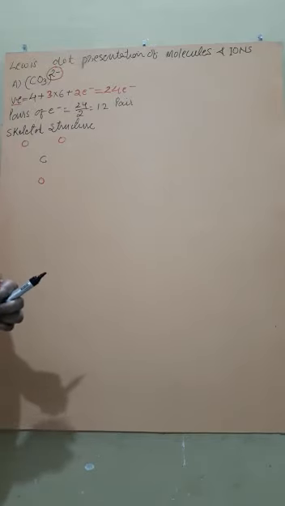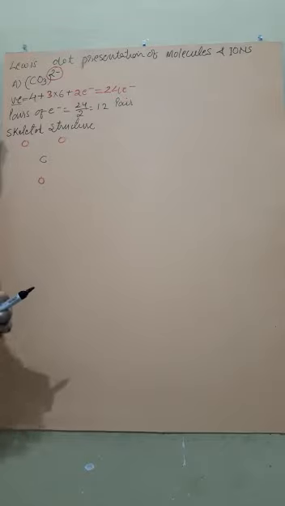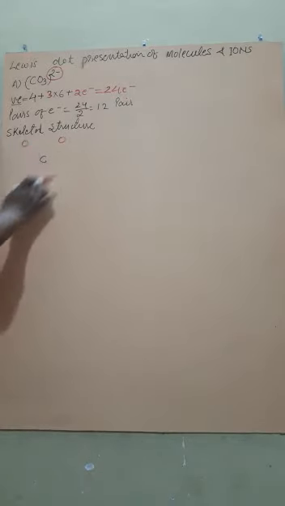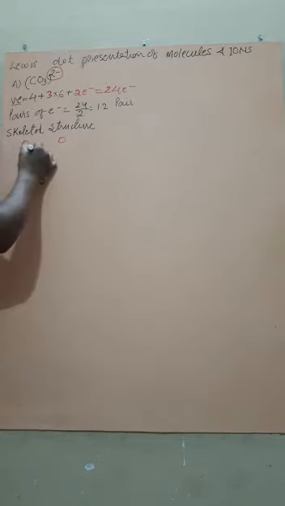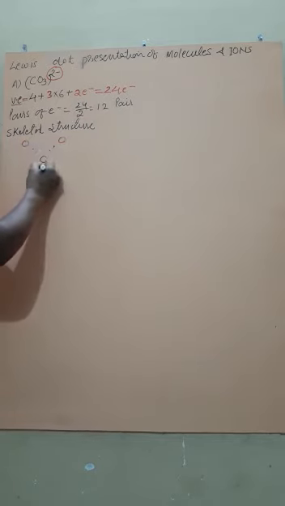Now what to do? We have to put one pair of electrons between the center atom and all surrounding atoms. Remember, there will be no pair between the surrounding atoms, only the pair between center and surrounding. So there are 3 center and surrounding bonds. So now place one pair of electrons, one pair, 2 pairs and 3 pairs. Isn't it? Now how many pairs of electrons remain? 9 pairs of electrons remain.